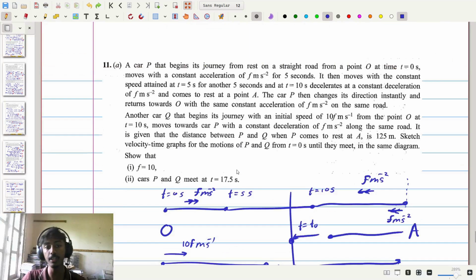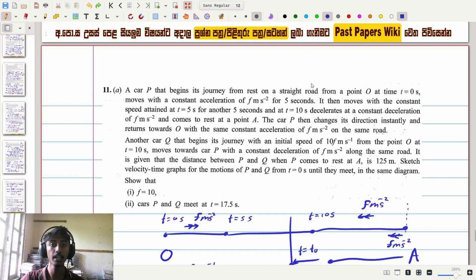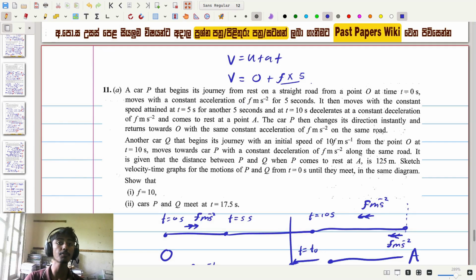Now after this, the question says the car moves with a constant acceleration of f meters per second squared for 5 seconds. Now if we apply v equals u plus at to the situation, v is our final velocity and it's equal to u plus at, where here u, our initial velocity, is 0 since our car is at rest. So we have 0 plus acceleration times time, where the acceleration here is equal to f meters per second squared times the time, which is equal to 5 seconds. So according to this, we can see v equals f times 5, or 5f. Therefore, the final velocity after accelerating for 5 seconds, of our car at t equals 5 seconds, is equal to